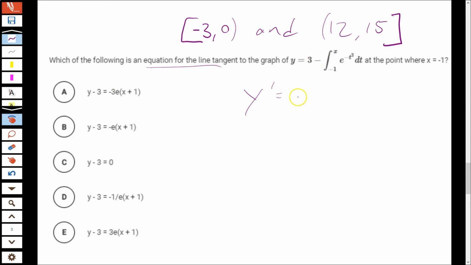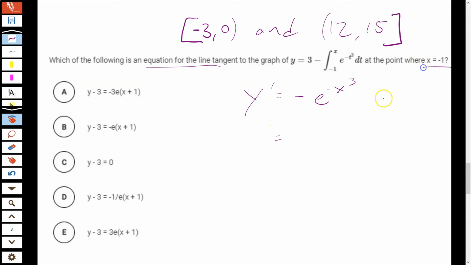We have this negative, right? So we're going to keep that. And then, instead of 3, it is a 3. The derivative of the integral of e to the -t to the third is e to the negative x to the third. Okay,